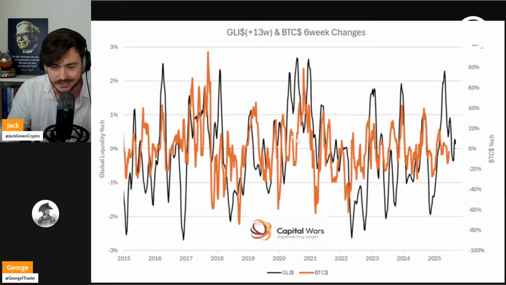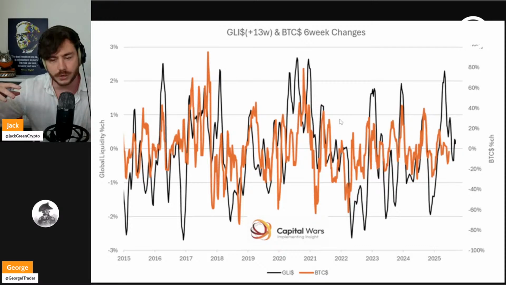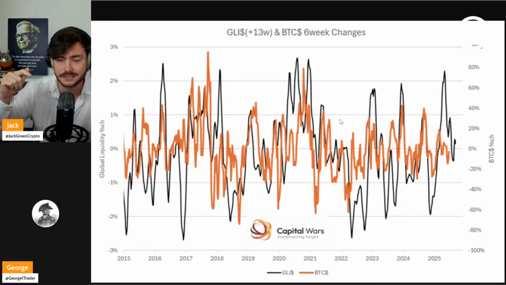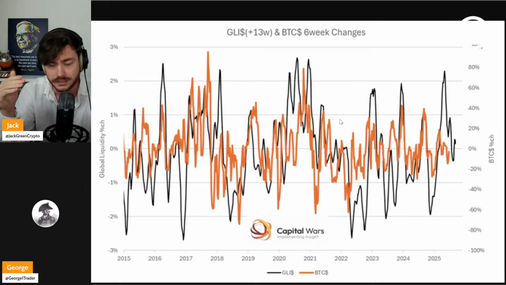It's an indicator that you need to use when you zoom out. This is like the yearly time frame. It's not to day trade or anything. It's just to look at the big picture, to know if Bitcoin is going to go up or down. There was also a research report from Lynn Alden, which I don't have up here. She concluded that Bitcoin and global liquidity have an 83% directional correlation. So when global liquidity goes up, 83% of the time Bitcoin goes up as well, with a lag of 13 weeks.